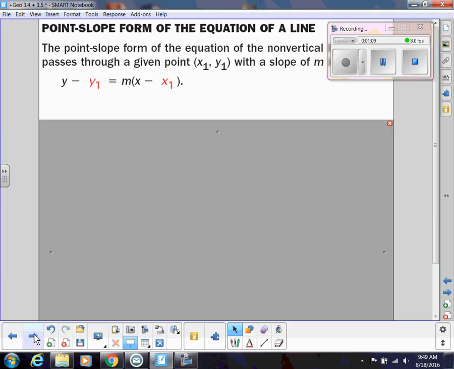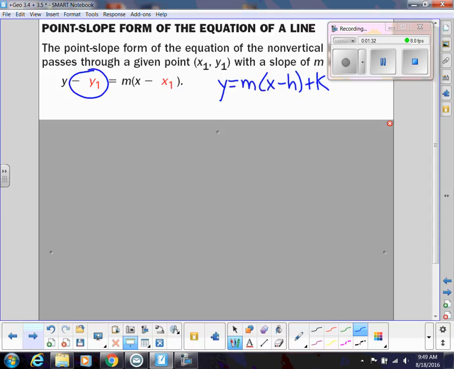All right, the point-slope form of the equation looks like this. y minus y1 equals m times x minus x1. I don't know if you learned this format or if some people learned a format that looks like this with h and k. Either way, this is being added over. Okay, so it looks like this. It's the same thing, it's just that this one has the y1 moved over to the other side. Okay, either way,